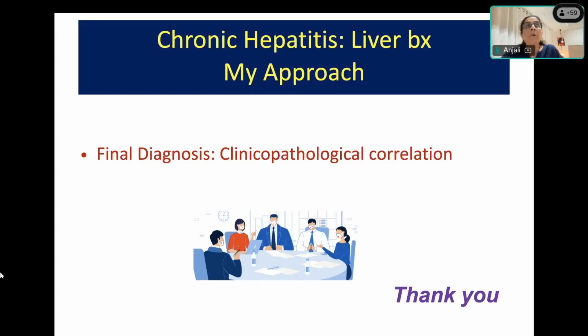Definitely, many pathologists feel that if we write interface activity, it means autoimmune hepatitis. No, because when we call it interface, that means inflammation is going beyond the portal area. Suppose a patient with hepatitis B or hepatitis C has severe inflammation. Those inflammatory cells also can spill over into adjacent liver parenchyma. So interface hepatitis does not mean it is AIH. So we have to say whether the biopsy is compatible or not, because biopsy is not the only diagnostic test for AIH.